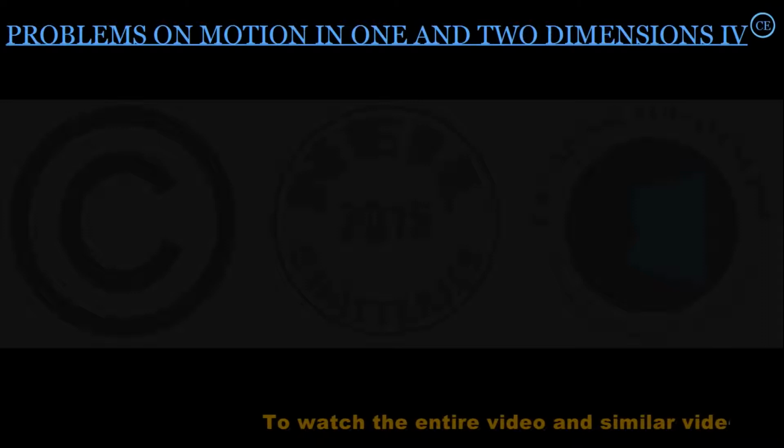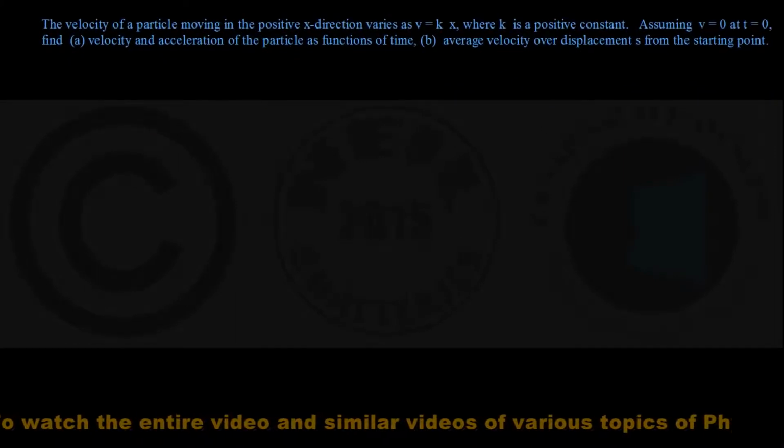Let us go for one more set of problems on motion in 1 and 2 dimensions from competitive examination papers, and I wish to include a couple of problems from motion in a straight line and motion of a swimmer in a flowing river. So here is the first problem coming,